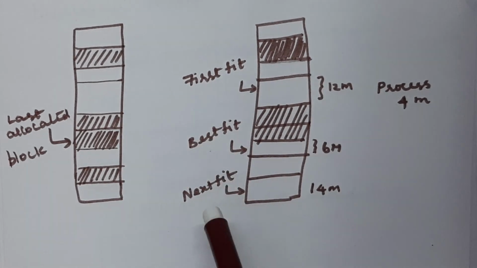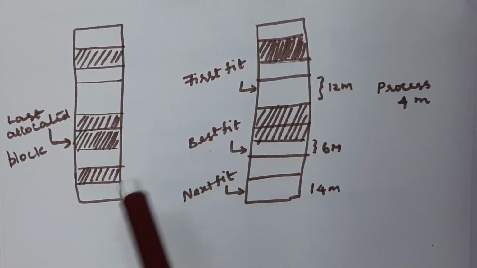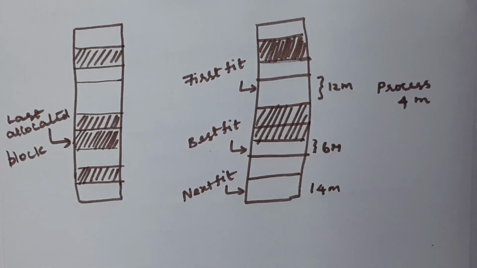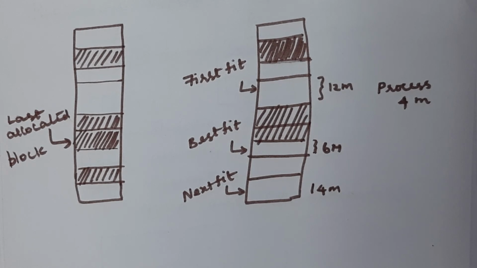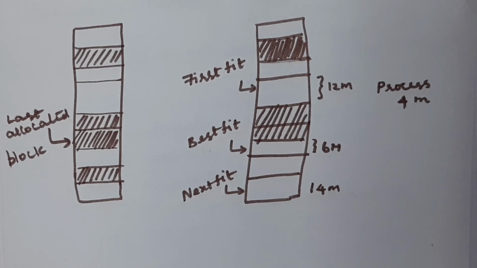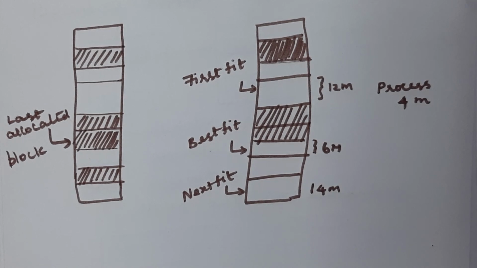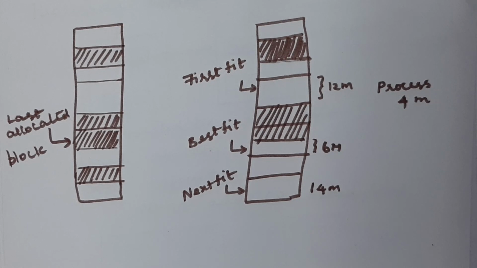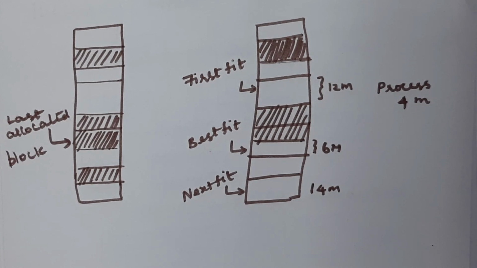So among these three techniques, which is the most efficient one? Best fit. Best fit is the most efficient, because we will not get issues like external fragmentation, and there is no need to go for compaction if you use the best fit technique. First fit is very easy to implement, because whichever partition you find first, we can hold the process there, so there is no need to check whether it is tightly close to the process or not. So it is very easy to use, but it does not provide that efficient a result.